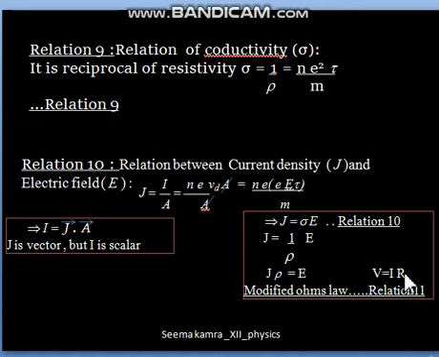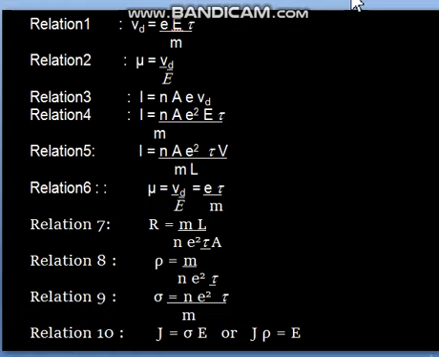Again I will tell you how you can replace the quantities. Replace voltage by electric field, current by current density and resistance by resistivity. So you will remember and obtain the E = Jρ relation. With this sheet we are completing the relations part. Here we can list down some relations which we have obtained till now. We have the list of relations here.